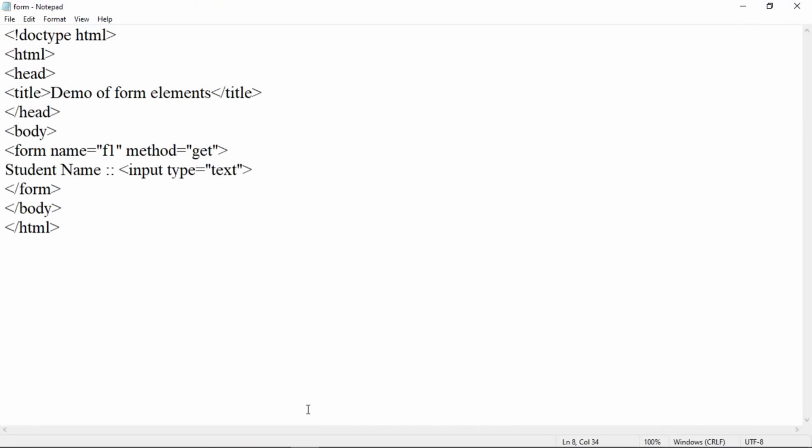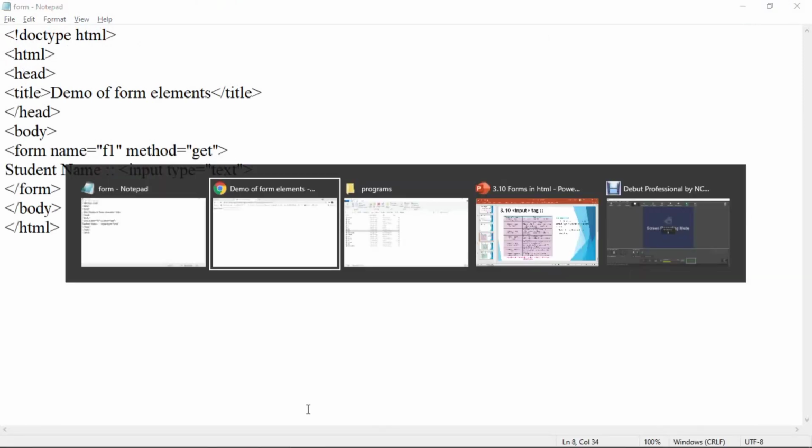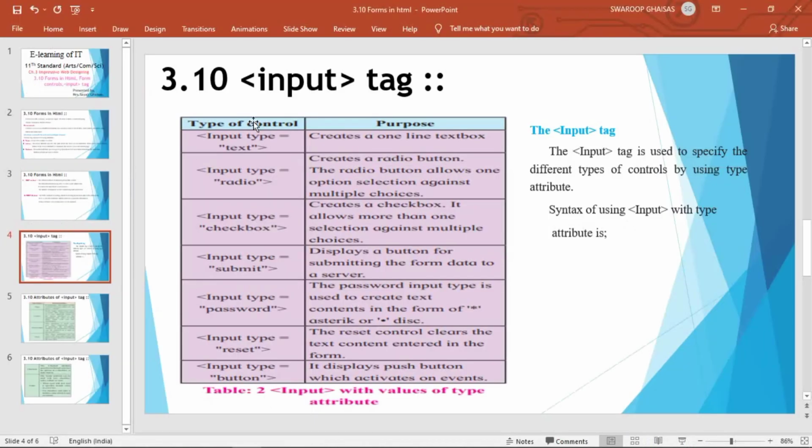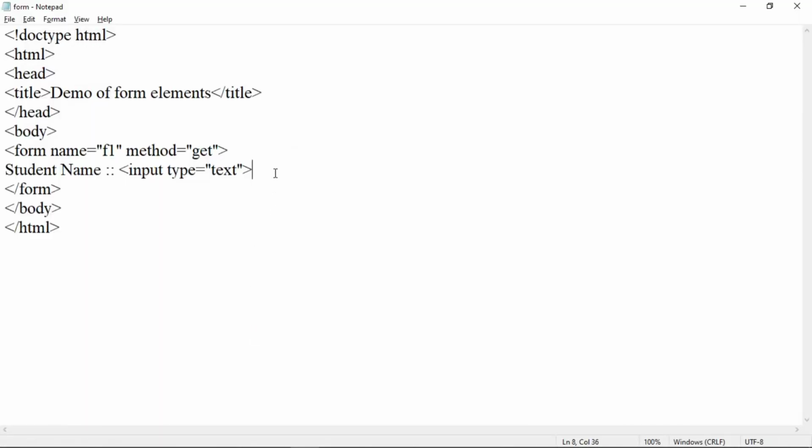Then after that, let us add a second control, that is input type is equal to radio. For that, let us add a label as gender. Then here we must include a radio button. To have a radio button, the tag used is input type is equal to radio.